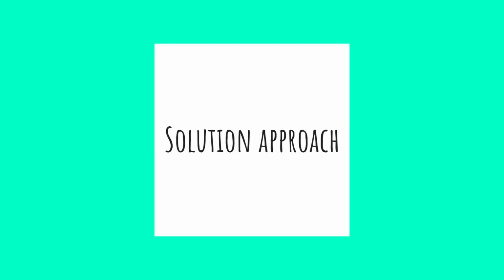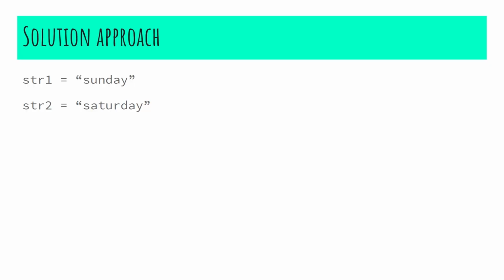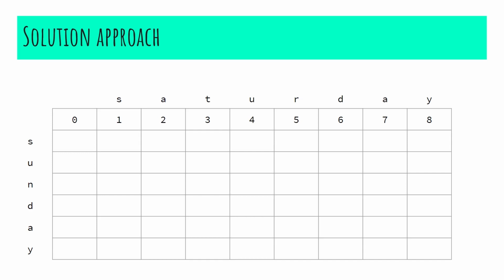Now, let's look at the solution approach. In this case, we are going to convert Sunday to Saturday. For this, we have constructed a DP array, and in the first row of the DP array, I have inserted 0, 1, 2, 3 and 4. It's because when the string is empty, the only operation that can be performed is insertion. And so we have filled the first row as 0, 1, 2, 3 and so on. Now, since we have to convert S into an empty string, we need to perform only one operation, that is the removal operation, and therefore I have inserted 1.